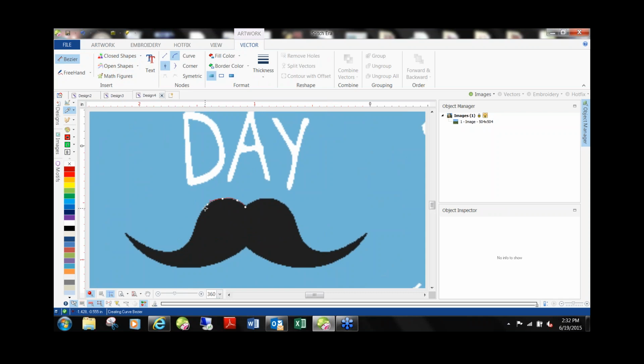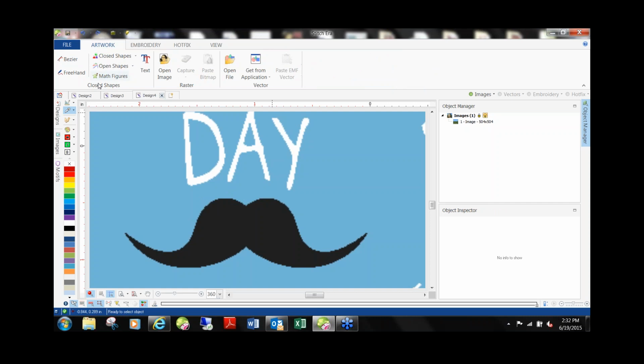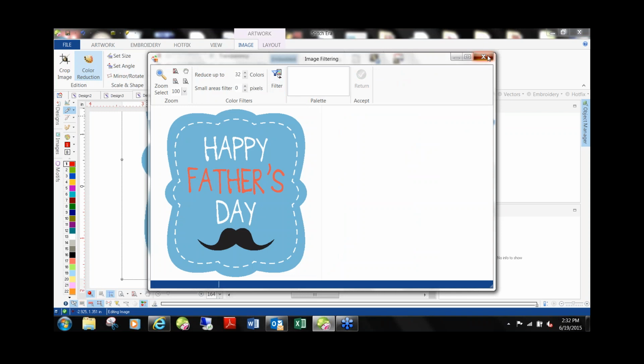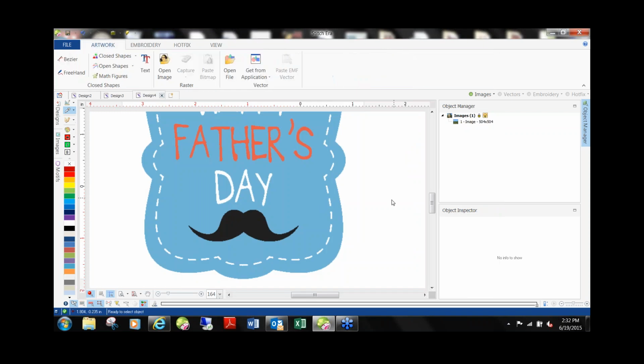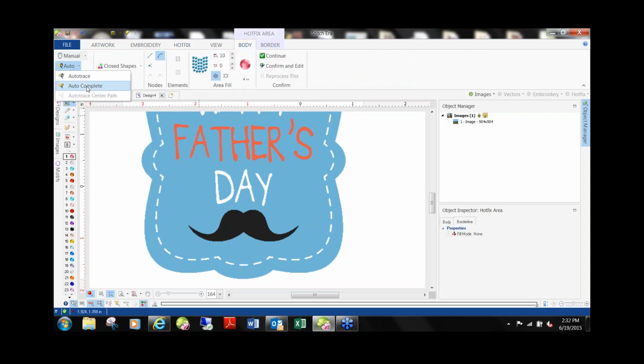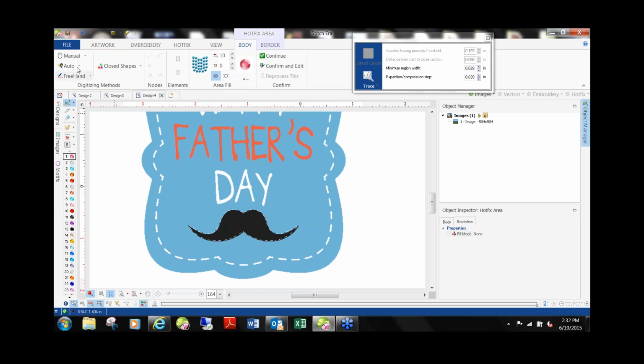We've got a couple of autocomplete questions. One person says, when I do the autocomplete, I have a box that comes up before filling that says automatic tracing and it won't fill. Any ideas? I would have to see the graphic. Well, two things I want to make sure. Number 1, are you actually reducing your colors to primary colors, or is there a lot of different colors in that graphic? The second thing is when you're going to HotFix, you've got to make sure that you're on manual autocomplete. If I'm on auto trace, sometimes it sees more than